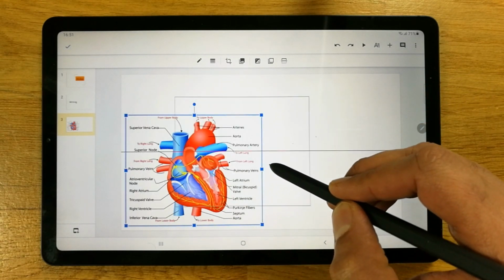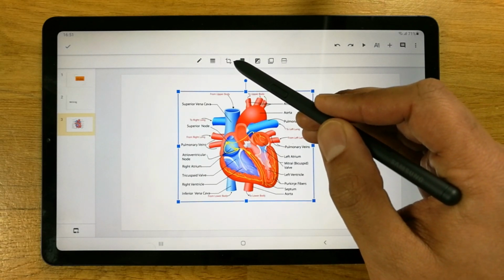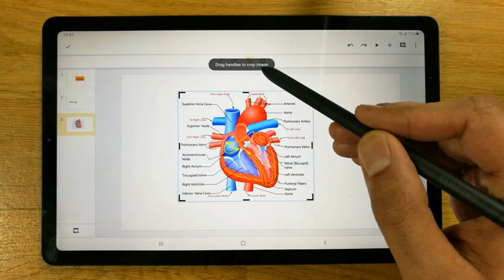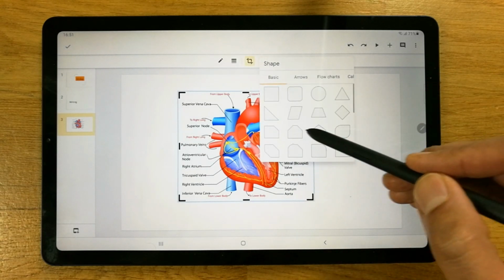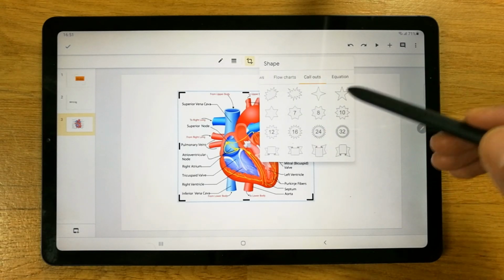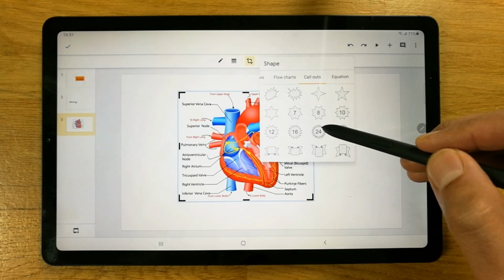Okay, you can change the position as well. And the other thing, you can mask your photo just by selecting this option, this crop image option, and then the second option over here, and then you can mask it. You can give it any shape. For example, I will show you. I want to give it a shape like this one.